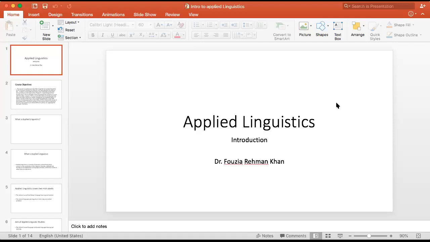For instance, the field of pragmatics. I don't know how many of these branches you might have touched upon during your initial courses in linguistics. So